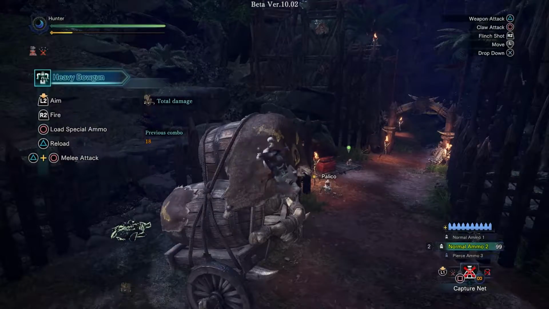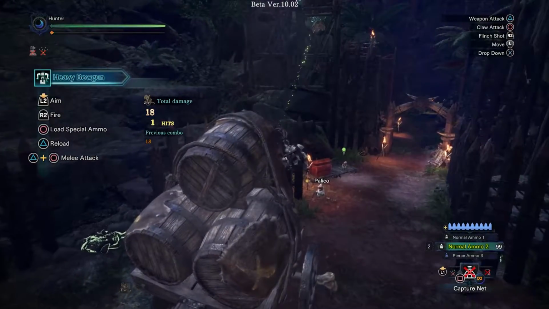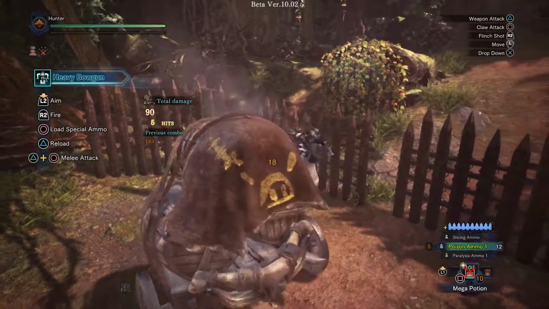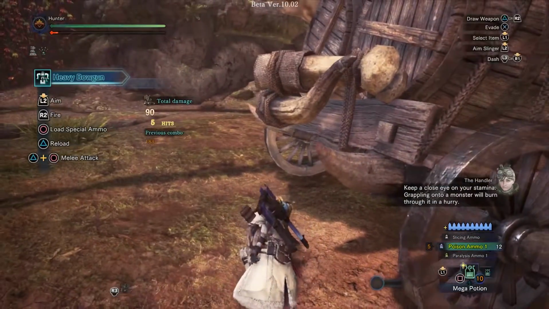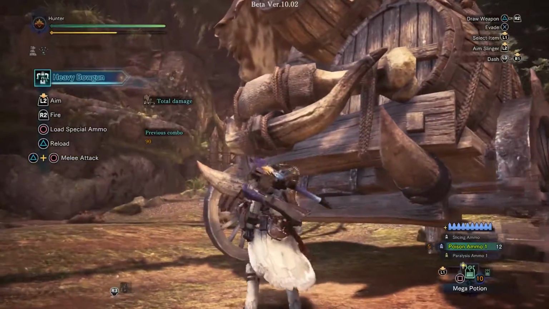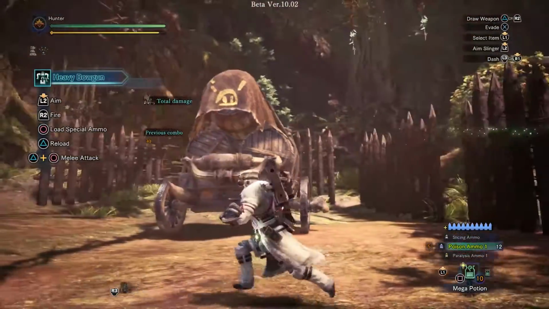The other option is to press X or the A button, and this will let you cancel the claw mount and drop down to the ground. By the way, you will also drop down automatically if you run out of stamina or if a monster shakes you off. In the meantime, let's take a look at the various Slinger and Clutch Claw mechanics for the different